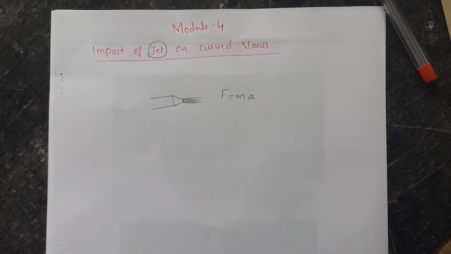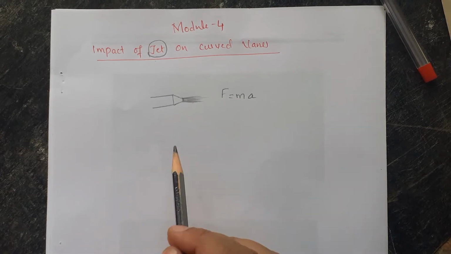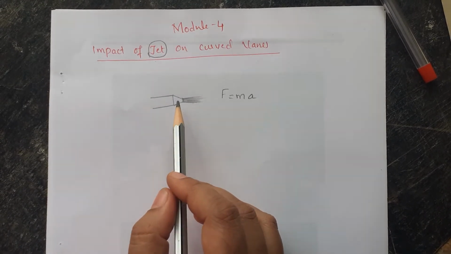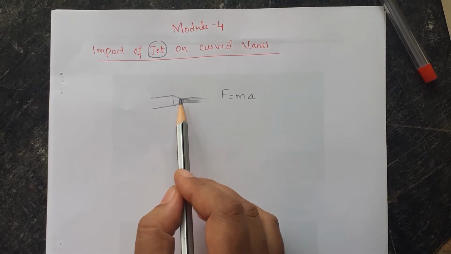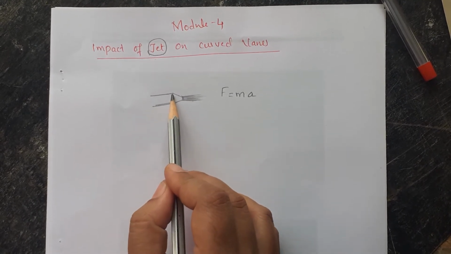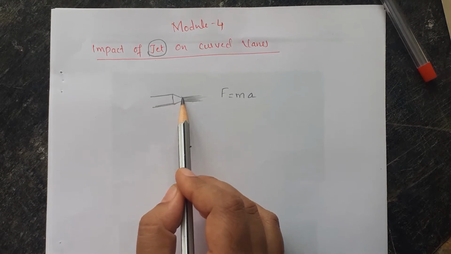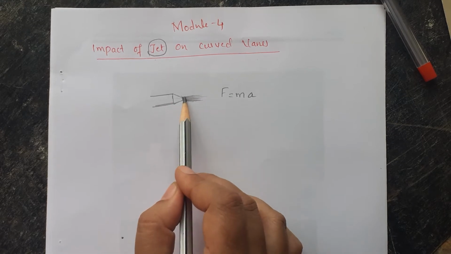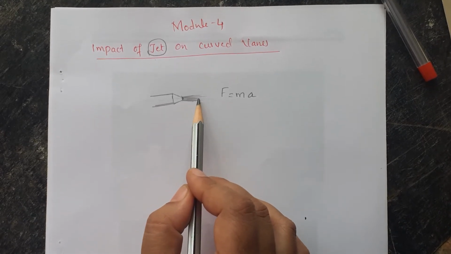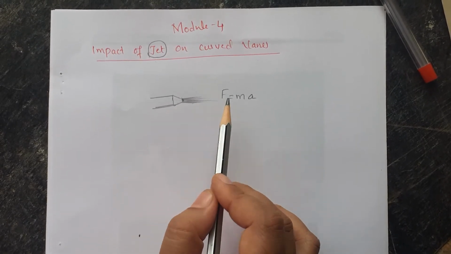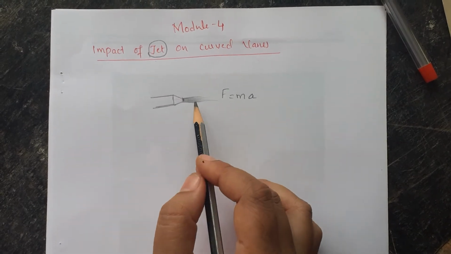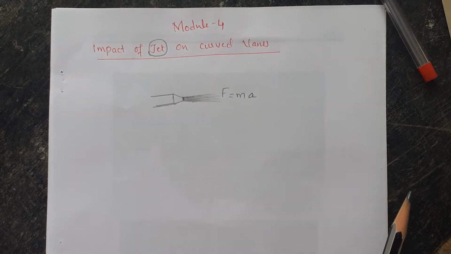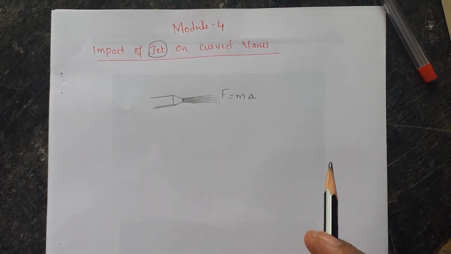So a nozzle is a structure with a smaller diameter which is fitted to the pipe. When the water or fluid comes out through this nozzle, it will have a high velocity, and the liquid will be flowing under pressure. So that is called a jet. The liquid which is flowing under pressure is called a jet.